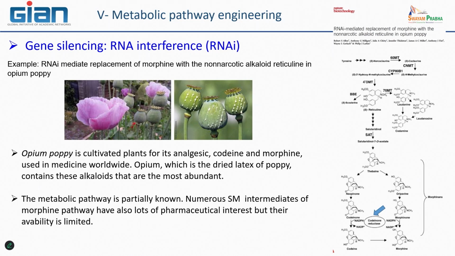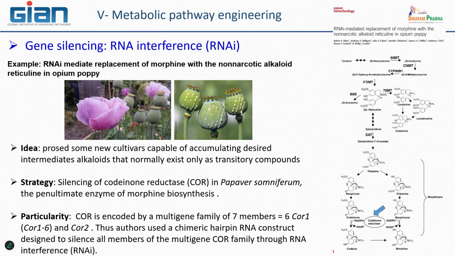At this moment, there was one enzyme that was interesting to verify and test as a good candidate for this particular step, because the pathway was at this moment only partially known. Now it is better known. So they wanted to accumulate morphine. No, it was the contrary. They wanted to decipher, in fact, this part of the pathway.